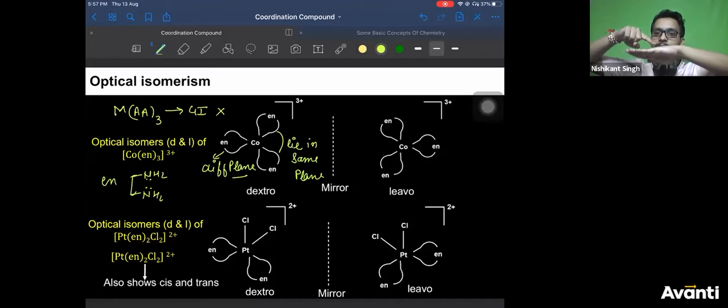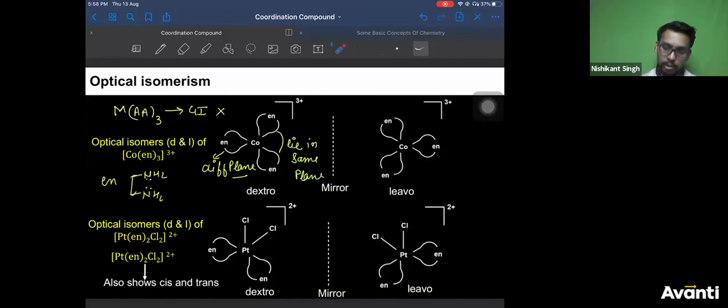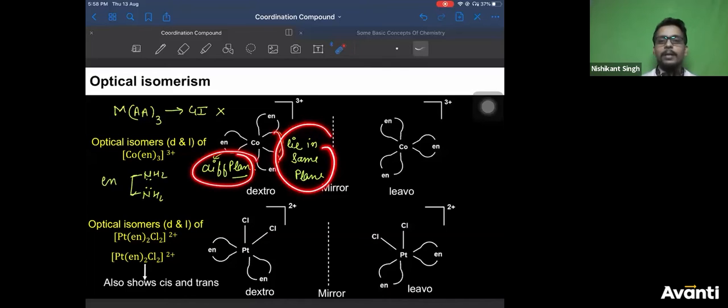So one ring from the top to this side is like this. Assume it like bangles. One bangle like this, then one bangle like this, and then one bangle is in the plane. Right? So this is in the plane, this is out of the plane, this is also out of the plane. So how many of the rings are lying in the same plane? 2. That's what I have written. 2 of these rings will lie in the same plane. This will lie in a different plane.